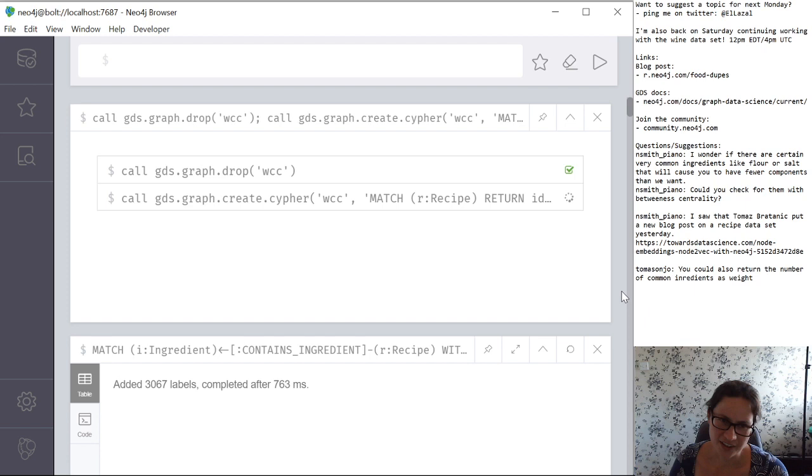Oh my goodness, I don't think it's my internet that's making it slow. I'm guessing that even though we've removed some of the really common ingredients, it's still going to be quite a chunky query. So what I might do, as a second thing, is go away and just generate a new